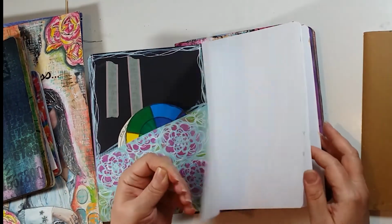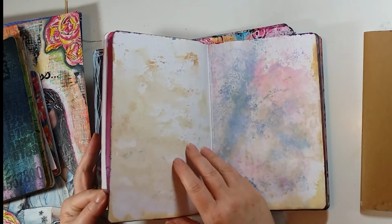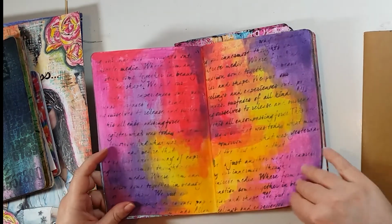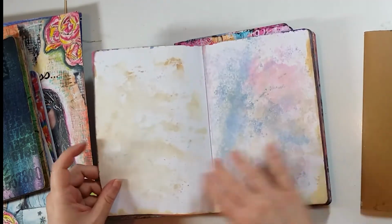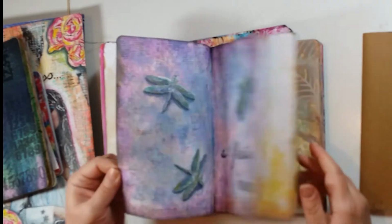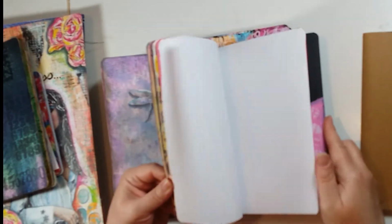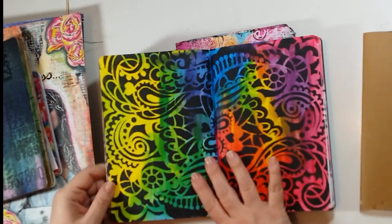I've created some pockets to go in the front and back of this book, so I've got somewhere to keep all my bits. And again, like I said, you don't tend to start in the front of the book, you can start wherever, and these are all there waiting to have something happen on them. I don't think there's many finished pages. Oh, there's one with the dragonfly, but like I said, the pages can be anywhere. There's a nice bright and colourful one,